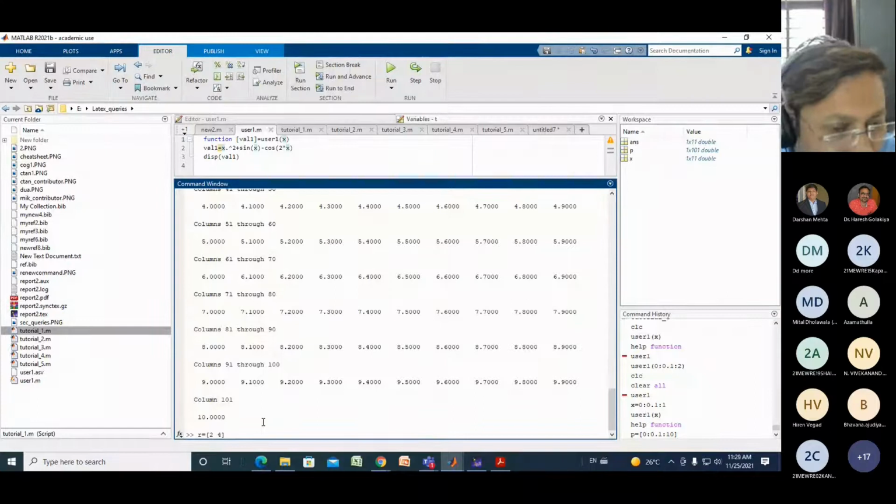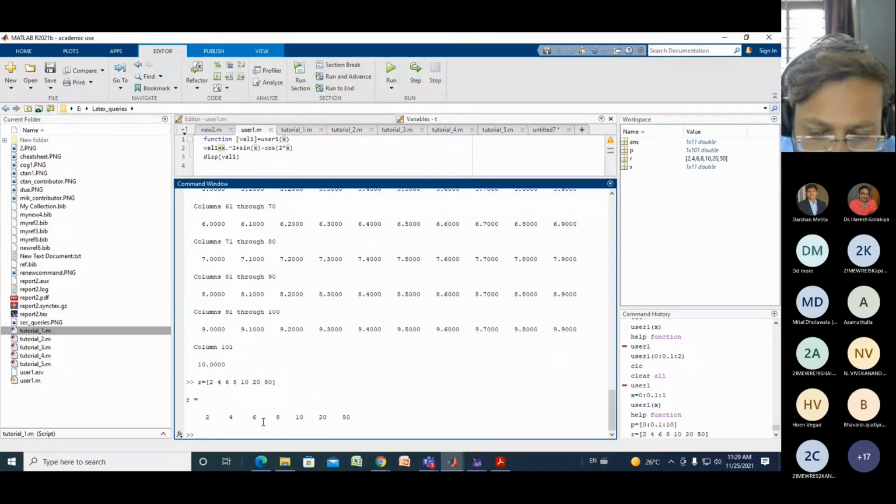You can separate by space or by comma. Third is 6, then 8, 10, 20, 50. So your R is a vector having the values 2, 4, 6, 8, 10, 20, 50.